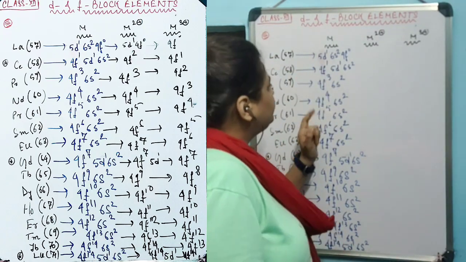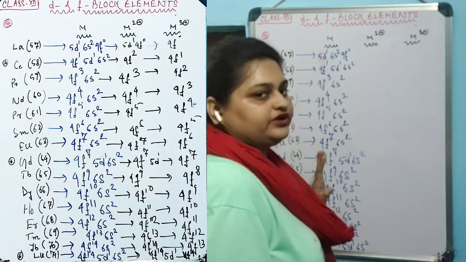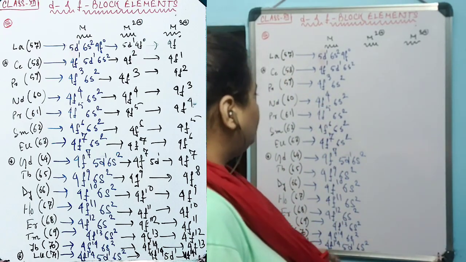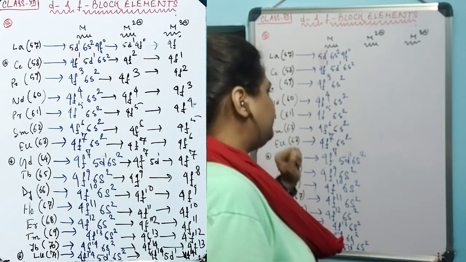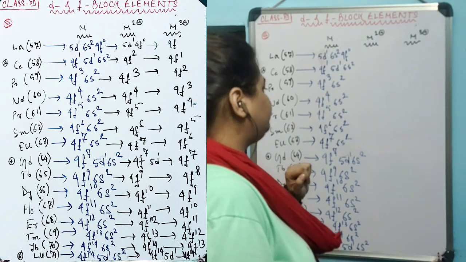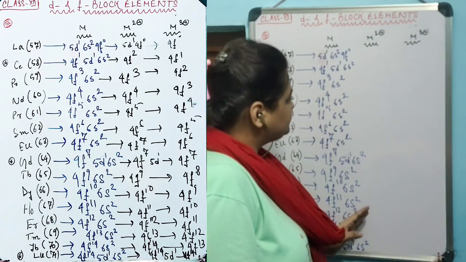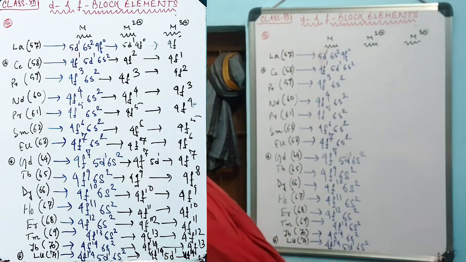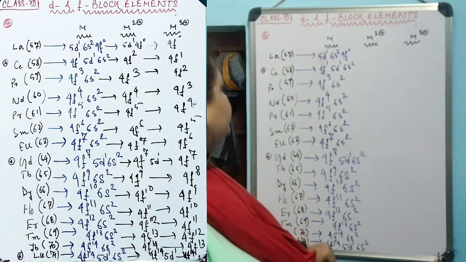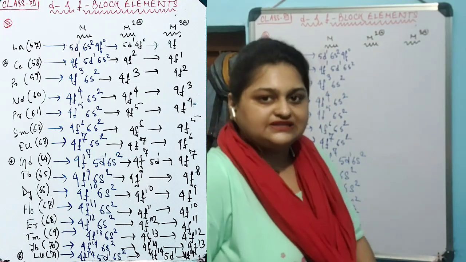The third element has 3 electrons, entirely inside the 4f, and the trend is followed. The fourth element has 4 electrons in the 4f, the fifth has 5 in the 4f, the sixth has 6 in the 4f, and 6s has 2 electrons throughout the series. The only exceptions are lanthanum, cerium, gadolinium and lutetium, each for their respective reasons.